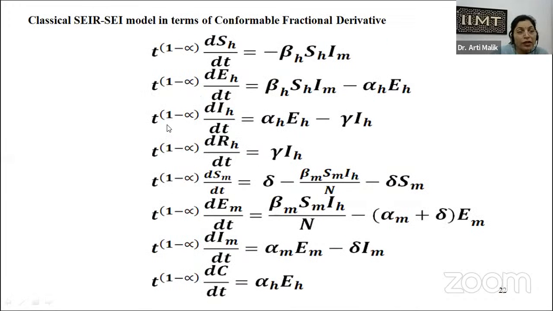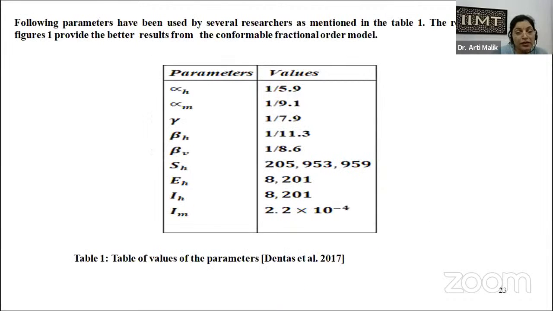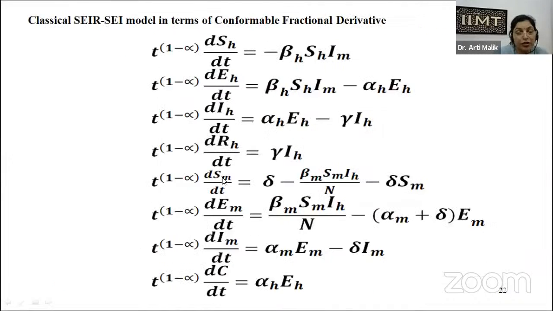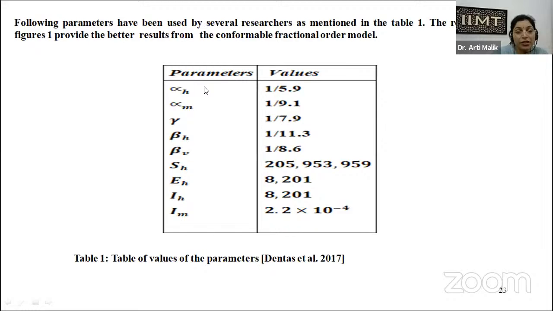Next, we will consider this model in the conformable fractional derivative. The same integer model is converted into the Caputo fractional derivative, and again converted into the conformable fractional derivative. And now compare these three: the classical derivative, the conformable fractional derivative, and the Caputo fractional derivative, after using these parameters: